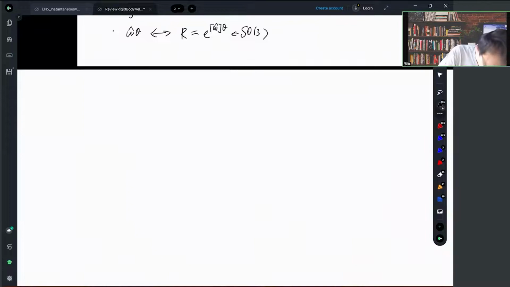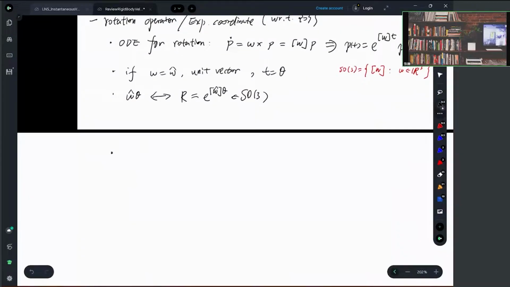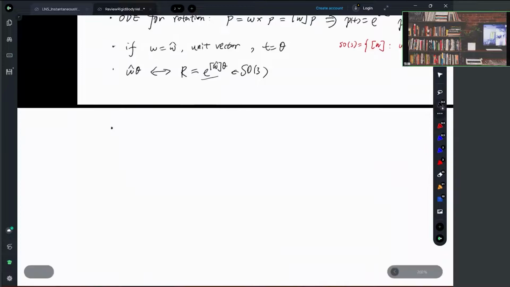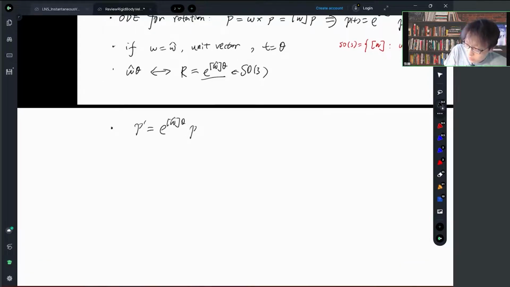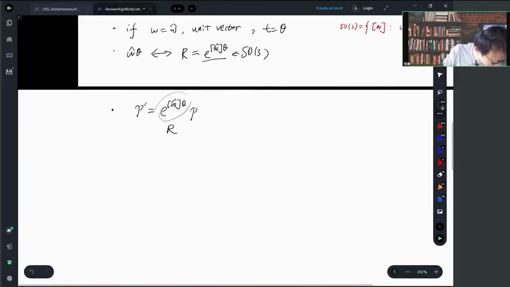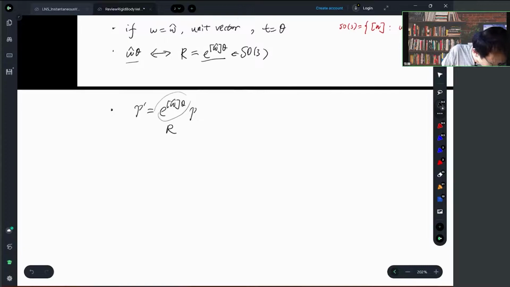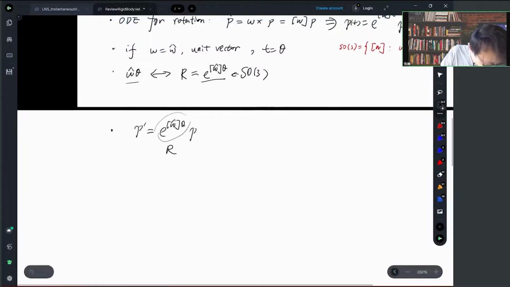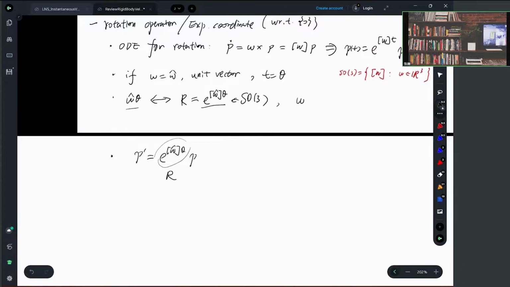Next is, of course, how to understand this thing. This is a kind of action, like a verb. So if P prime equals e to the omega hat theta times P, that means you have two points. Initially you're at P, and you take this operation, you get to another point P prime. And this is another view of the rotation matrix. And this guy, omega hat theta,